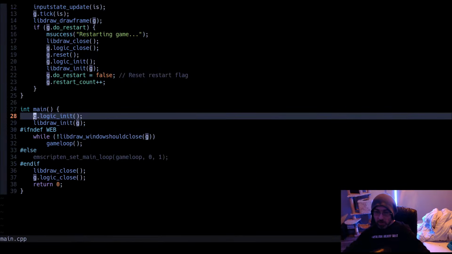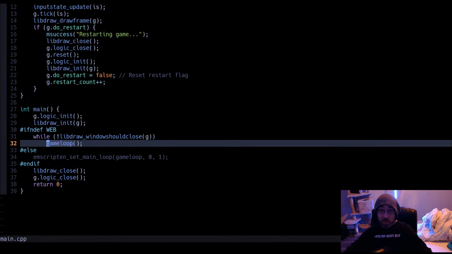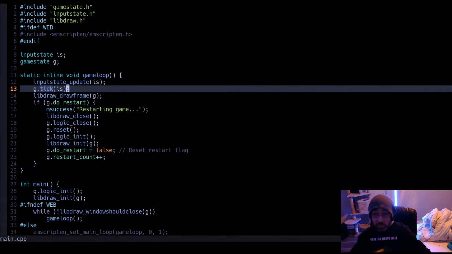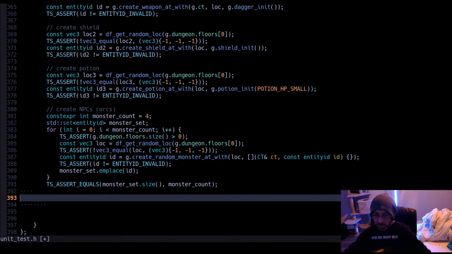Remember in main, we call game loop. Game loop calls tick. And tick technically wants a reference to the input state. Well, we can create a mock one.